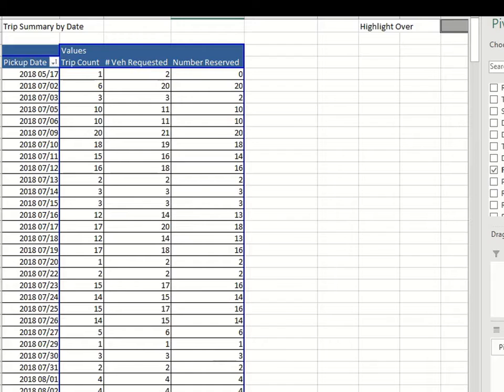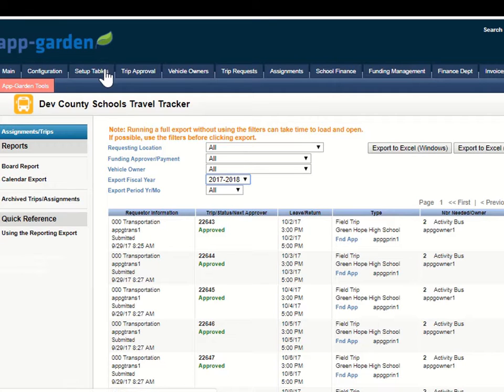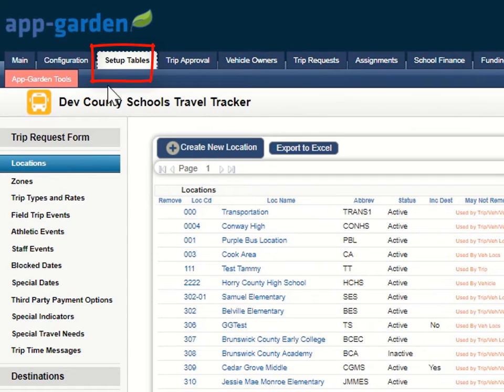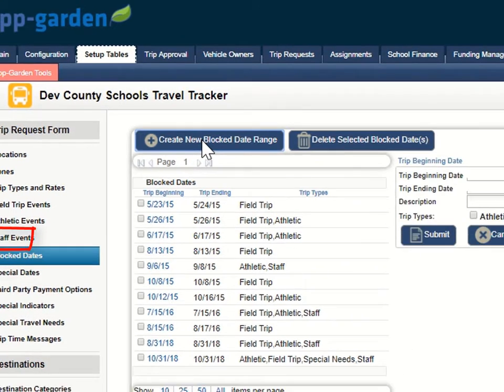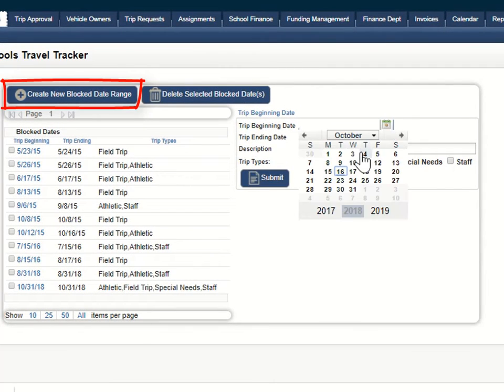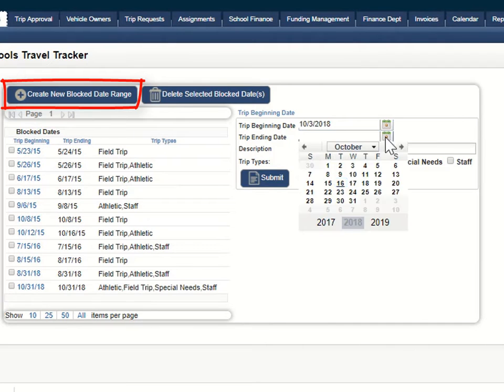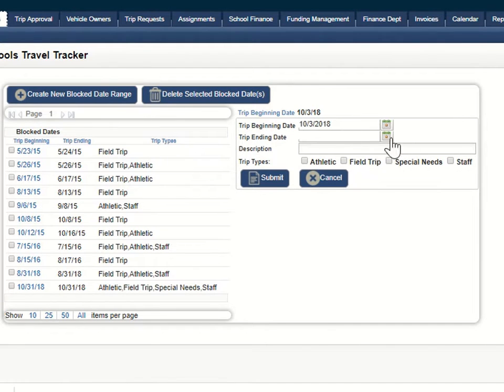So let me switch back over to the travel tracker, and as an administrator, if you go into the setup tables, there is a blocked date option, and I could actually create a new blocked date, and I can choose October 3rd, which was the date, and I can actually block that based on trip type. So if I wanted to block just field trips, I could potentially, and we could say too many vehicles reserved,